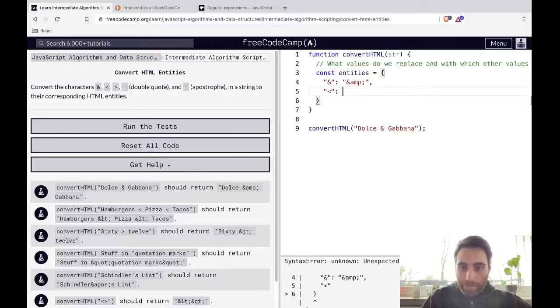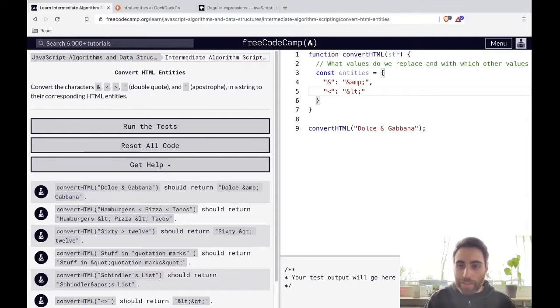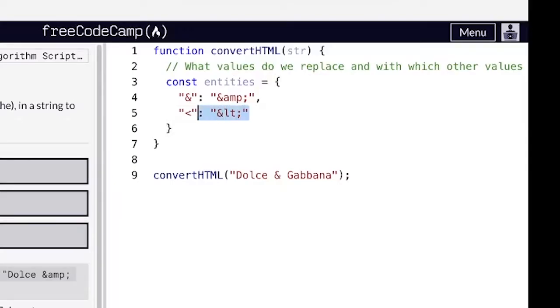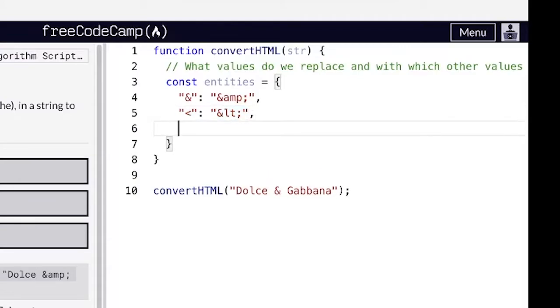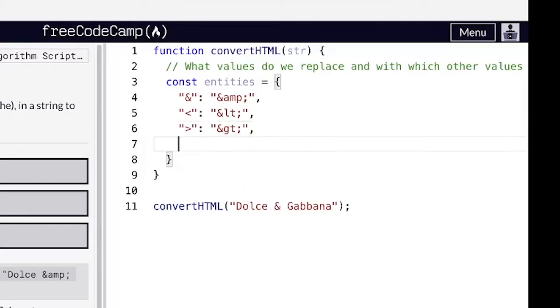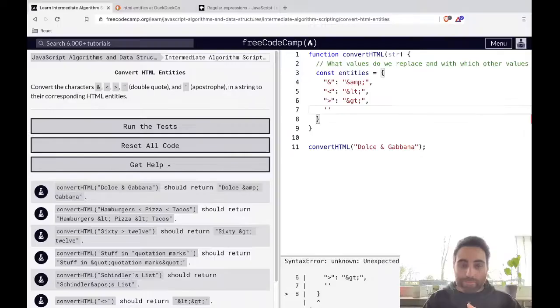This is gonna be LT, so less than. Then we have greater than. Then we have double quote. Double quote and apostrophe basically do the same in JavaScript.